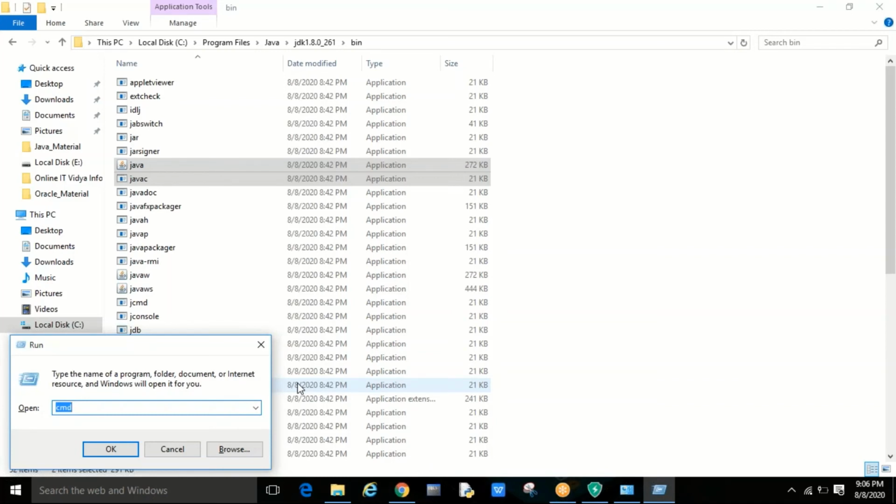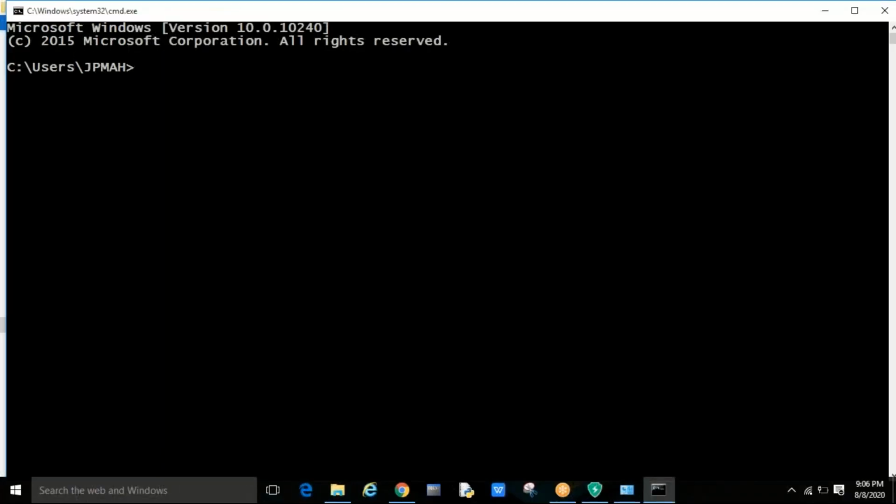Windows R. Did you get that window prompt? So just Windows R, enter CMD. What does CMD stand for? Command. Okay, CMD, click on OK. Getting command prompt.